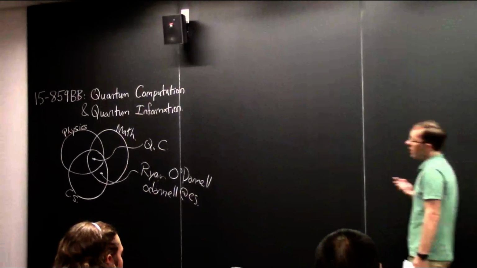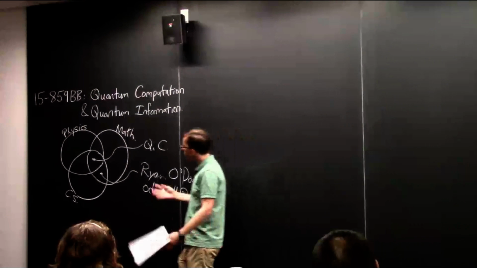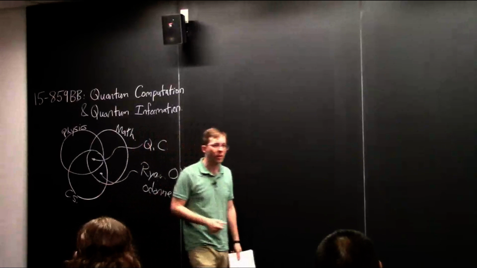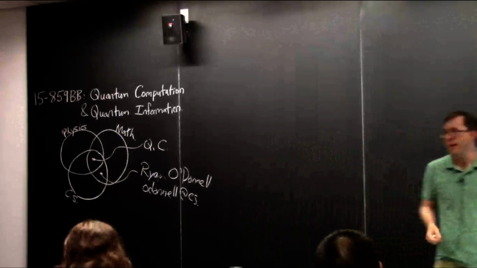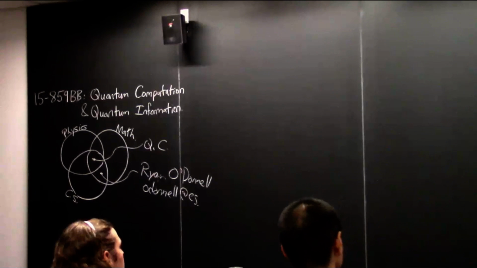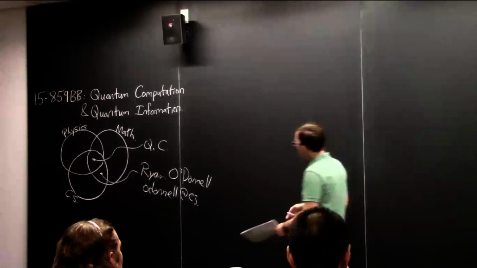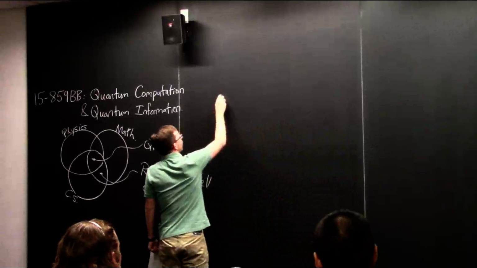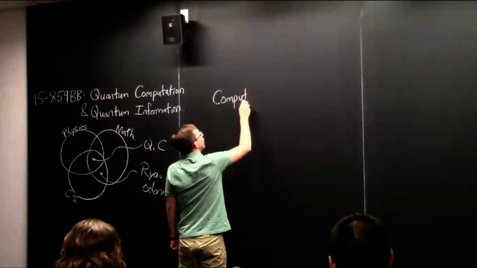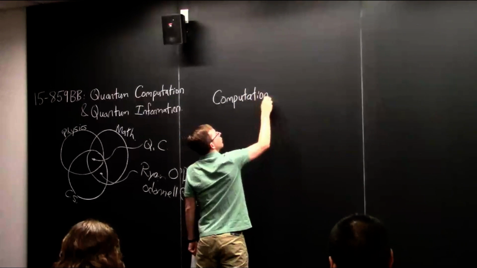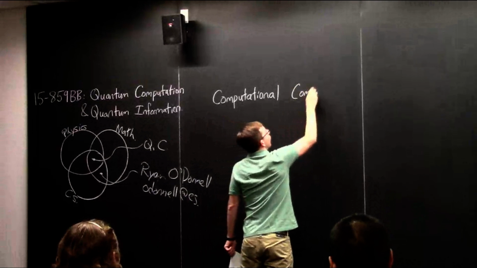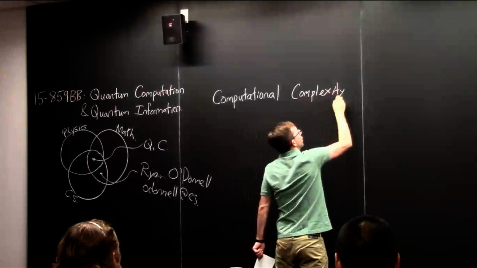You can really do it without exactly knowing any physics, just taking the mathematical rules of quantum mechanics, which I'll tell you about, and applying them to computation. And that's the perspective we'll take in this class. And it'll have the biases of me, a theoretical computer scientist. So in particular, throughout most of this class, we're going to be looking at quantum computation from the perspective of this area called computational complexity. Or it would probably be better if it had been called computational efficiency.